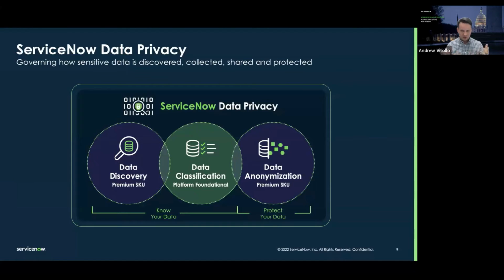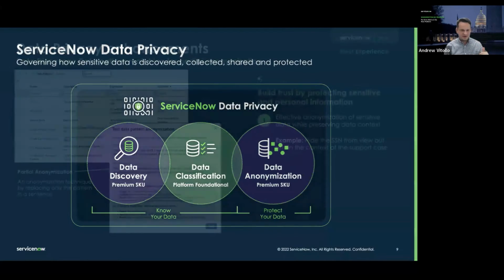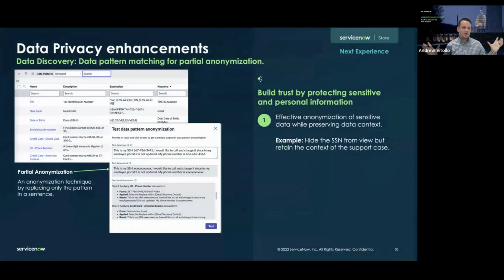And I'll show you some examples. It's like overwriting a social security number or a phone number with values that cannot actually be consumed by someone looking at the data, both at the application layer and at the database layer. So if someone got into your database, they're not going to do anything with that social security number because it's been properly anonymized. So that's the overview of data privacy. And I think let's get to the meat and potatoes of this presentation, and let's talk about what's new in Washington. Okay, I'm going to pause.